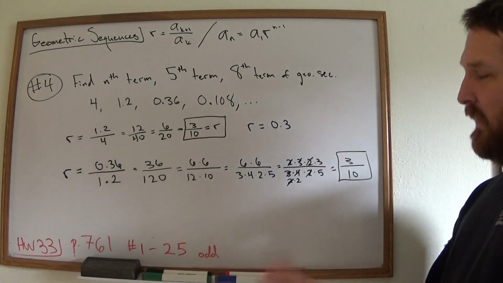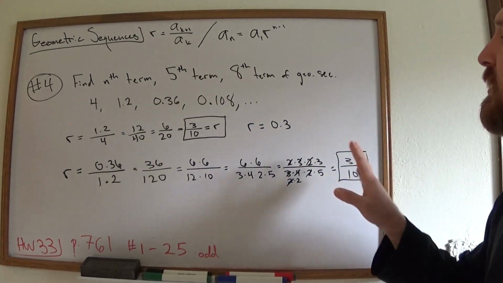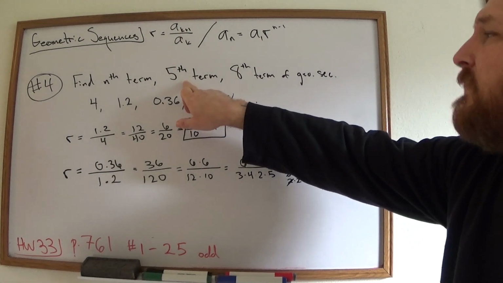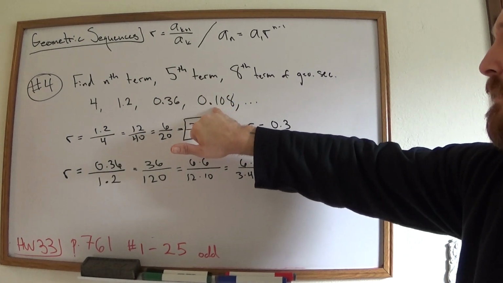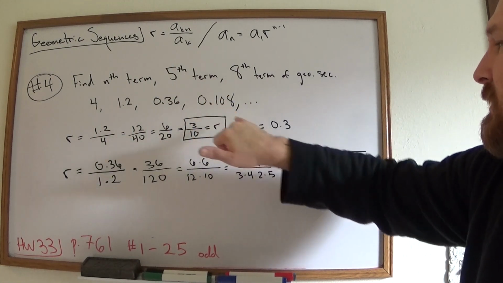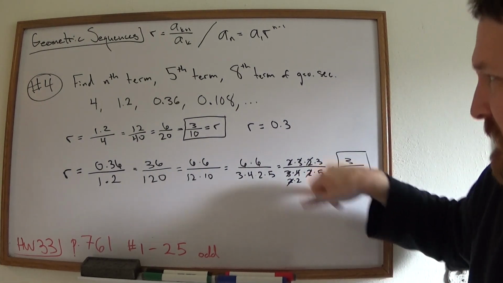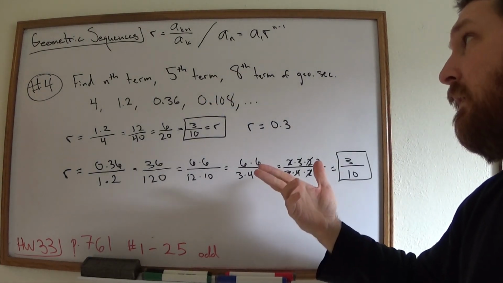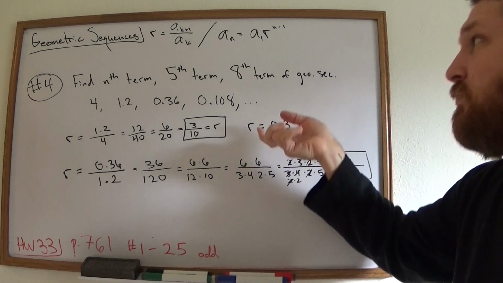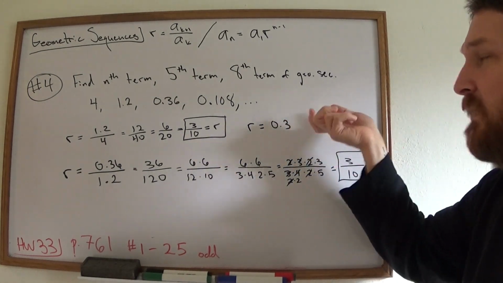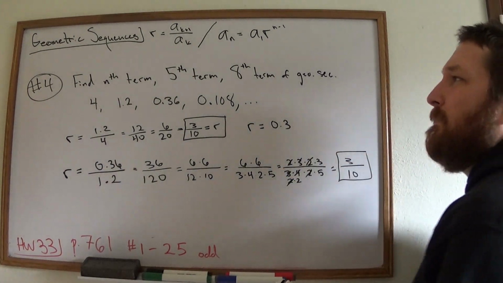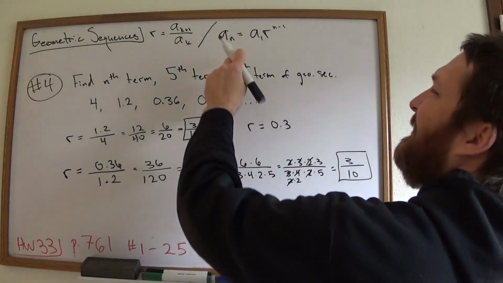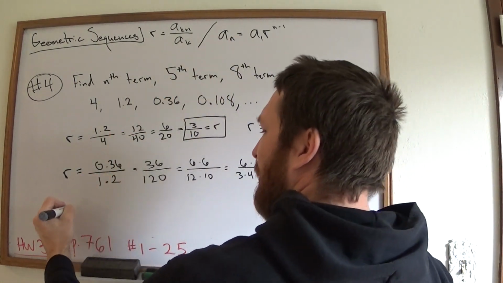Now, what you could do, because you do have to find the 5th term, you have the 4th term right here, you could just take this and multiply it by that to get the 5th term, if you want. Then you get the 8th term by just, you keep doing that to get to the 8th. But I think it's a bit more slick to go ahead and say, well, all right, let's just find the